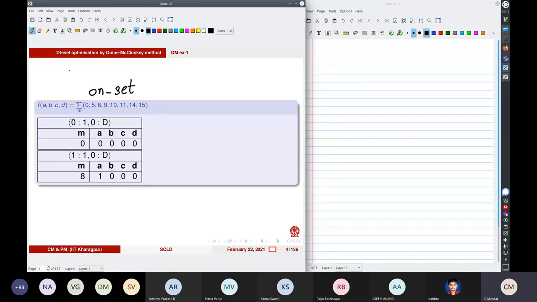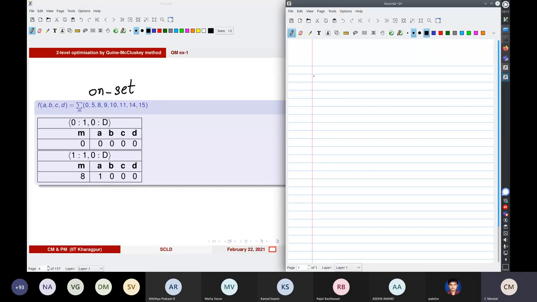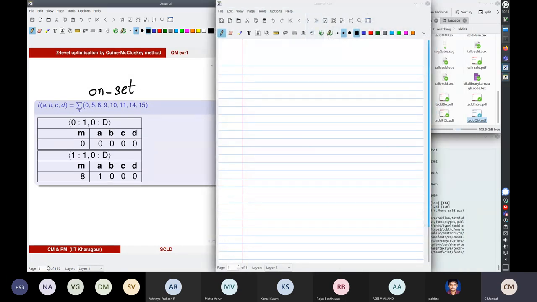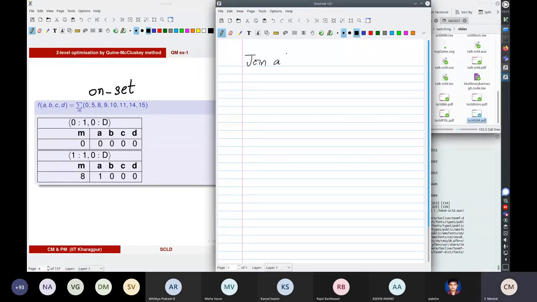The first step is to join, to grow cubes. You want to join